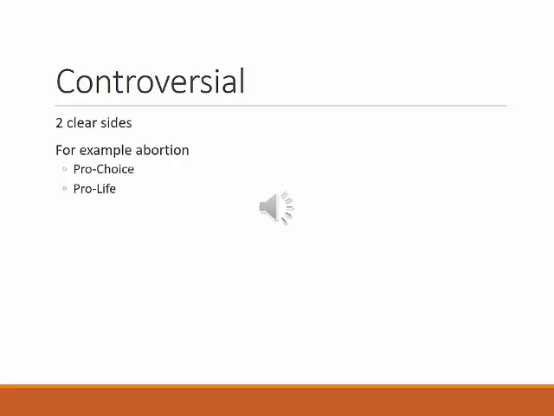So the example I gave here was the abortion issue. I used that topic because it's not allowed for you to pick abortion as your topic for a speech, and so using that as an example hopefully won't be taking somebody's topic that they want to pick. So pro-choice is one side of the argument, pro-life is the other. I don't need to get into what those are. I think pretty much we all know what they are. If not, you could Google it and find out in a matter of seconds. But you see what I mean. These people don't agree with each other, right? They disagree completely. So that's what we mean by controversial. Simple enough, just two clear sides.